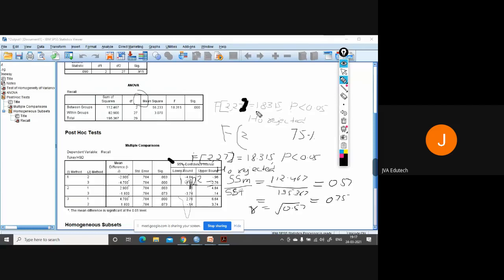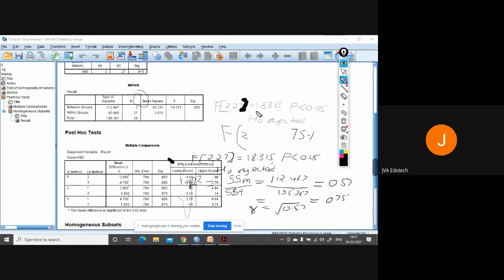So this is the normal method of calculating the effect size. But when we do ANOVA, since we have to generalize to the population, we often use a slightly more complex measurement known as omega square.